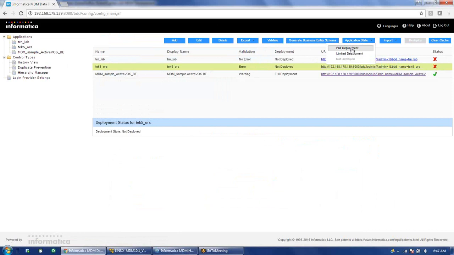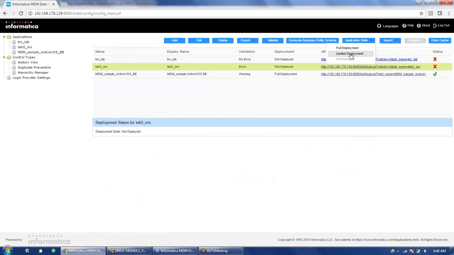But limited deployment we can do when I want that only an admin user should log in and do some changes or some testing. So for example, like there is some issue and you want to debug that. So if a lot of people are logged in and they are making some changes, it will be a problem, because basically the log keeps updating. So that you don't want. You want that whatever changes you are doing, you want to go and see the log, what log is getting generated. So just for that reason, you can make this as a limited deployment.